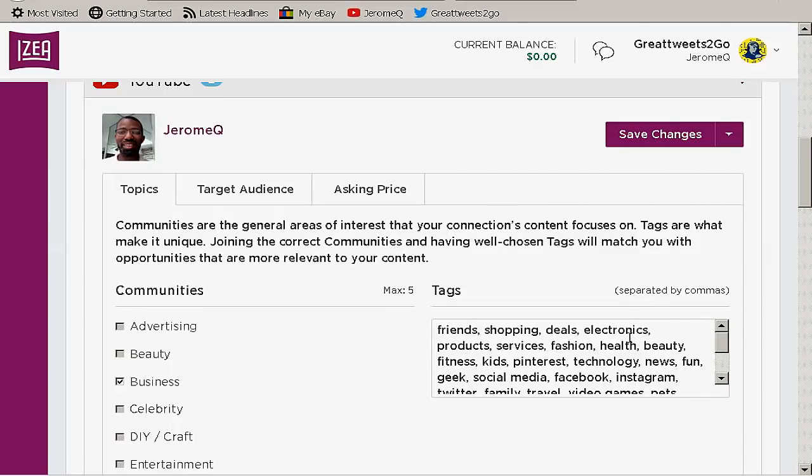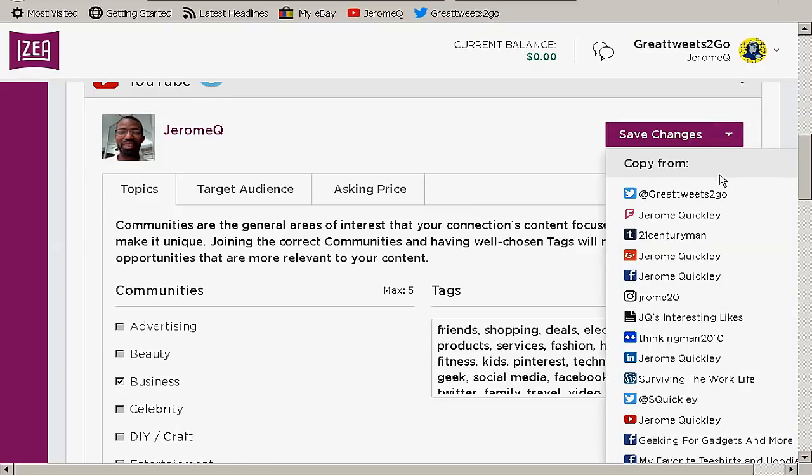And you can manually put these in, but if you don't feel like going through all that, the best thing you can do is select this button right here. The save changes actually saves whatever you changed on here. You don't want to click on that yet unless you made some changes on here or here. What we want to do, if you don't want to type all this in and you already got stuff set up for other accounts and they got a whole bunch of information that you very likely going to use for this account, you'll select this button here,